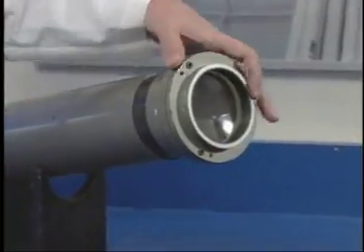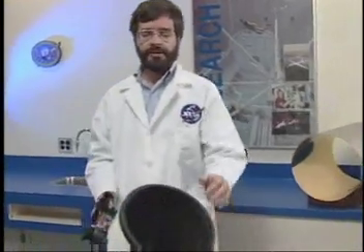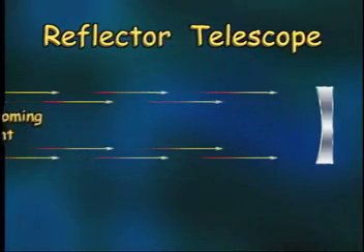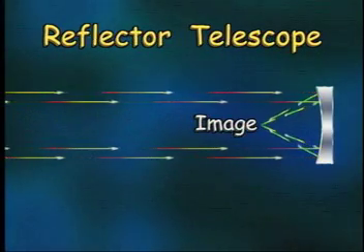There are two types of telescopes. This is a refractor telescope that has a lens in the front. This is a reflector telescope that has no lens, but a mirror in the bottom of it. The light from the object goes through the tube, is concentrated by the mirror to form an image which I see with my eye. Reflector telescopes are better for looking at faint objects like distant stars, and are therefore better